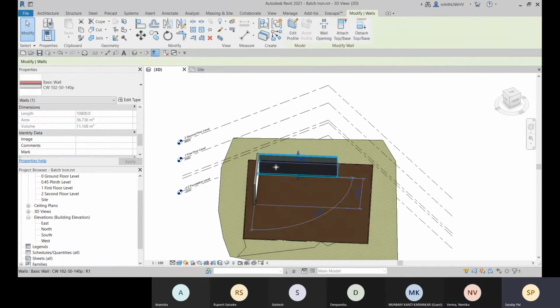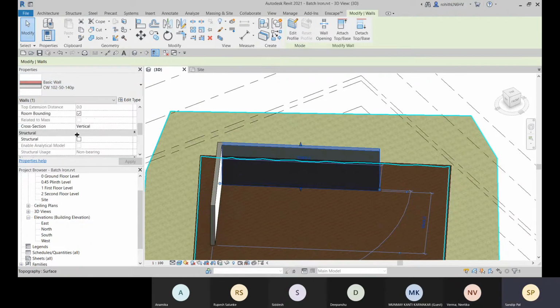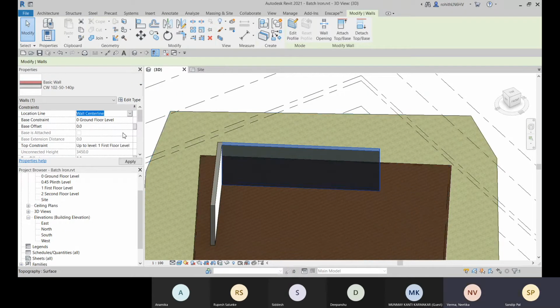You see that this wall has the category of this wall. But this wall, which comes under this category, has some individual properties like the base level, the location line. These are the instance properties. This is totally the individual properties of this wall.